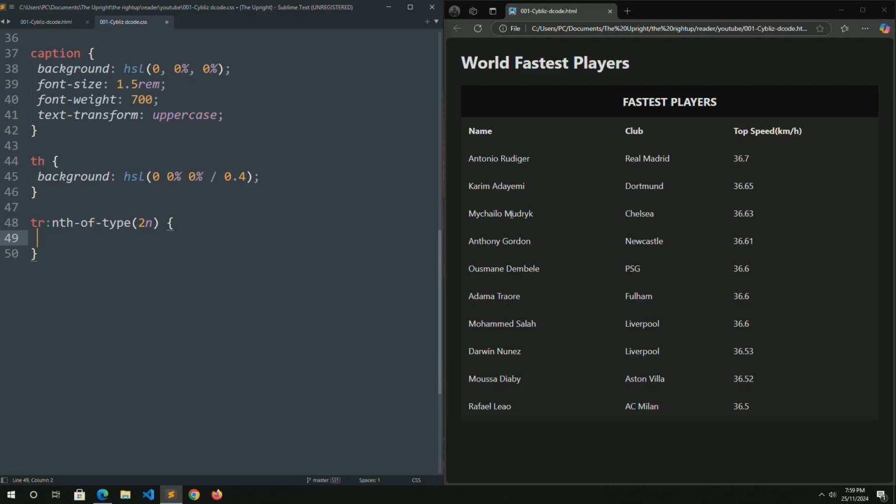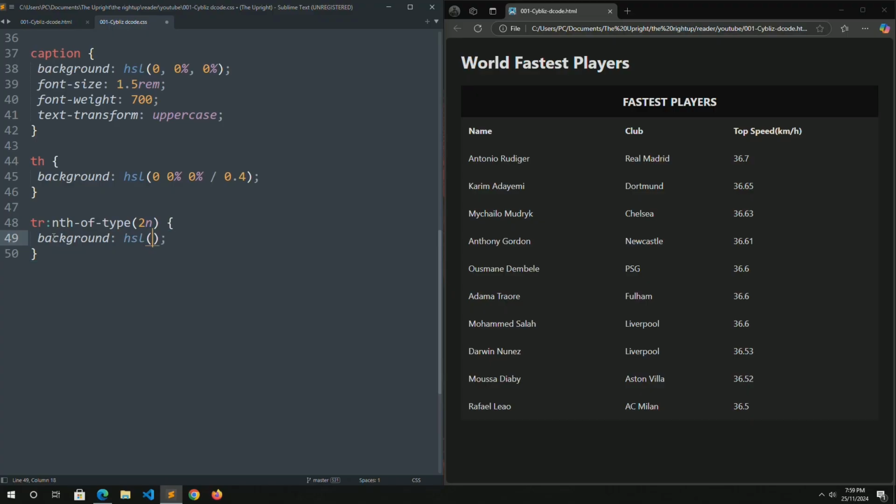Also this one color will be different from this one. So the background color of this one will be the same as this one, while this one color will be the same as this one. So once you do that, you just input the background